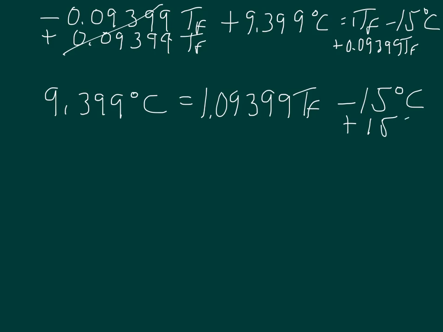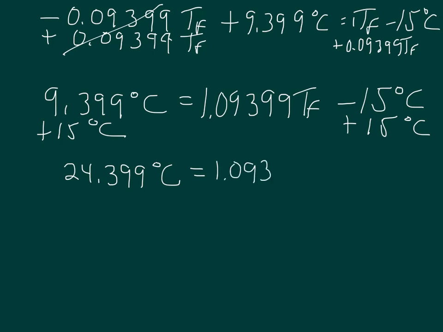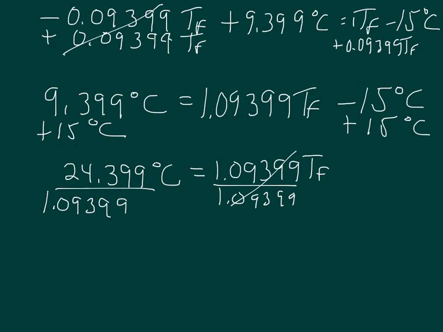Adding 15 degrees C to both sides, now we're going to end up with 24.399 degrees C is going to be equal to 1.09399 TF. Final step, divide this out, 1.09399, divide both sides. And now we end up with a final temperature of